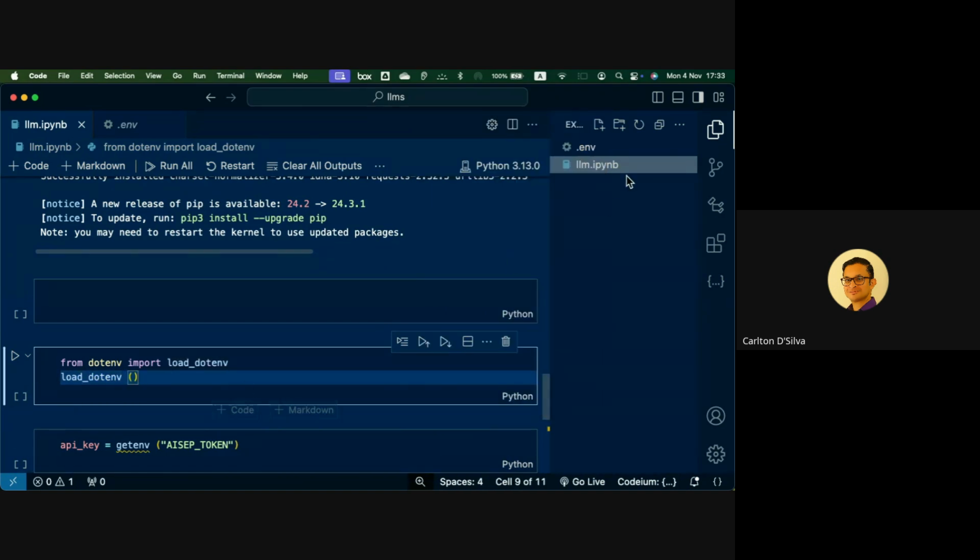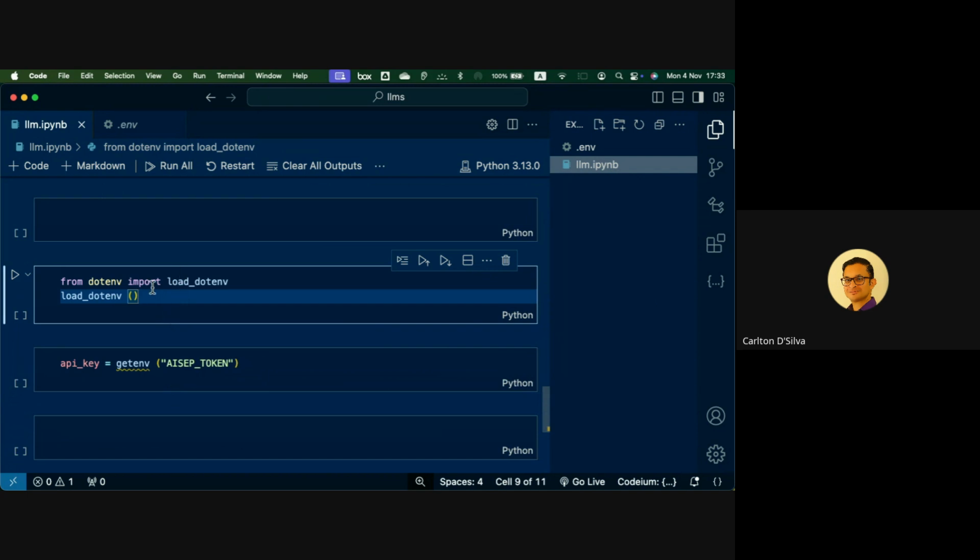So all this does is I've an environment file here, and it will load this environment variable called AI SCP token from this file, and it will load it into this running environment that we've got.